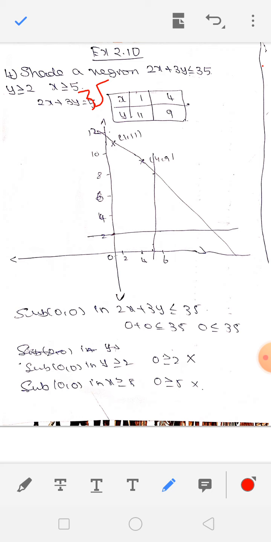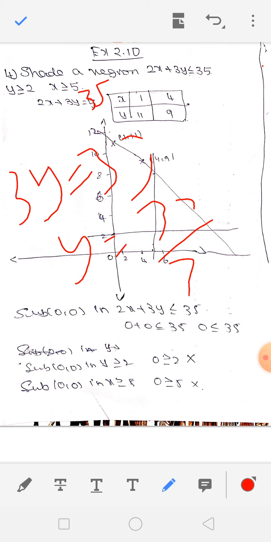So if I put x value 1, 2 into 1 is 2. Plus 2 goes to that side, it will be minus 2. So 35 minus 2 is equal to 33. And 3y is equal to 33. And y is equal to what? So 3y is equal to 33 now. Y value is 33 divided by 3. So answer is 11.